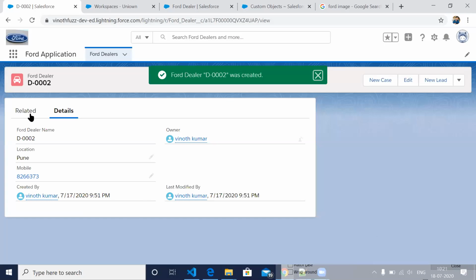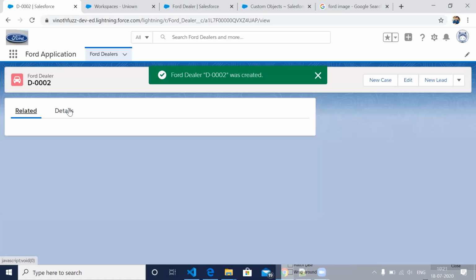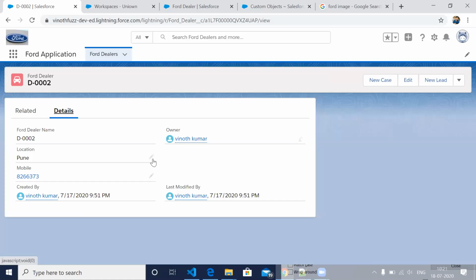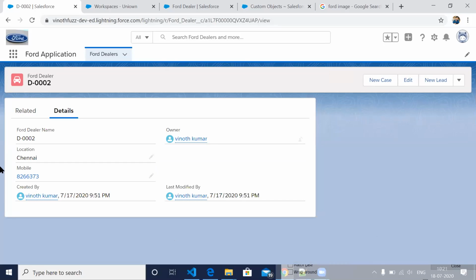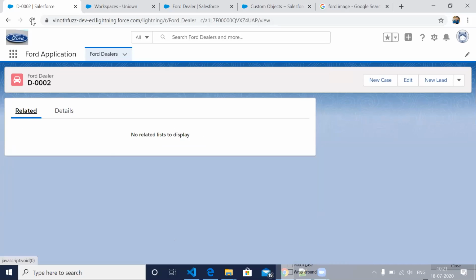Now I saved it. So let's say I'm changing this location now.